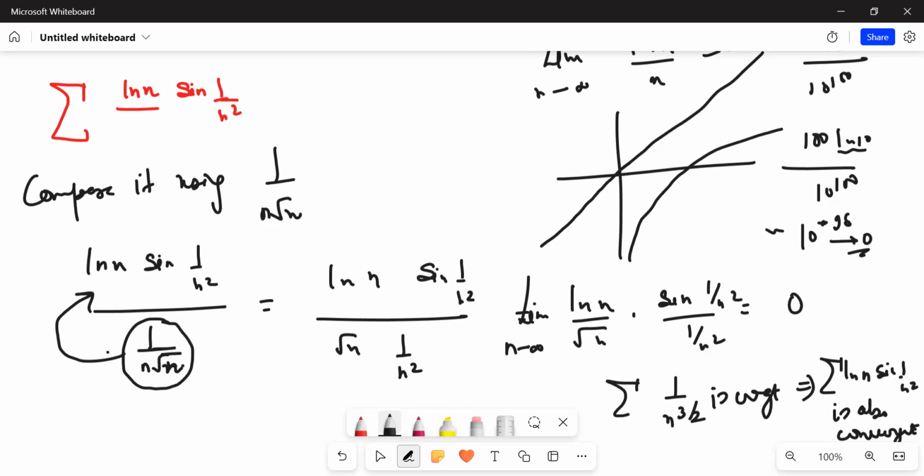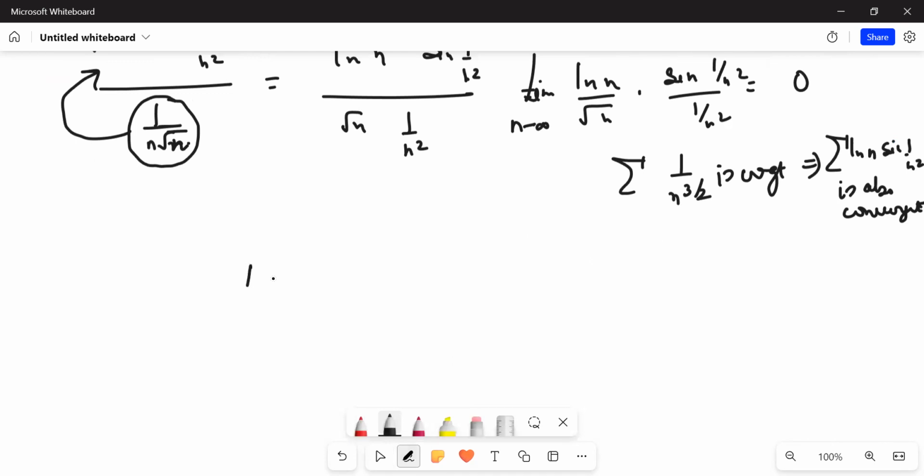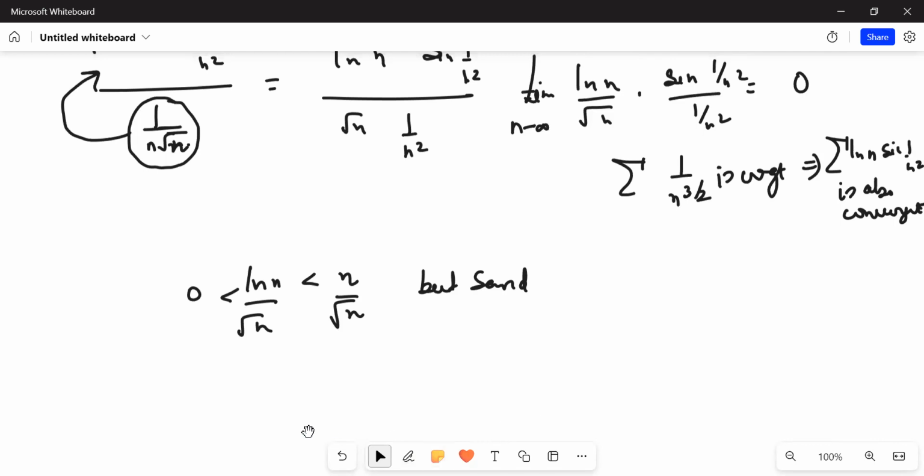So if I compare it by 1 upon n root n, the limit n tends to infinity of ln n upon root n is certainly 0. If you are getting confused here, I know that ln n is less than root n and greater than 0. So by Sandwich theorem, okay, no, not by Sandwich theorem. Because the Sandwich theorem would only tell the boundedness. So instead of doing this,